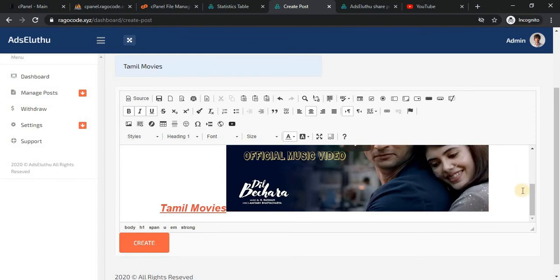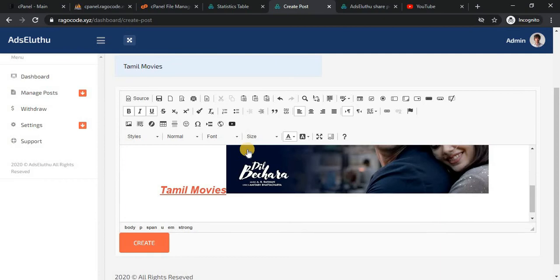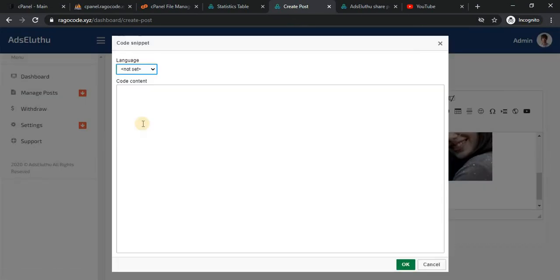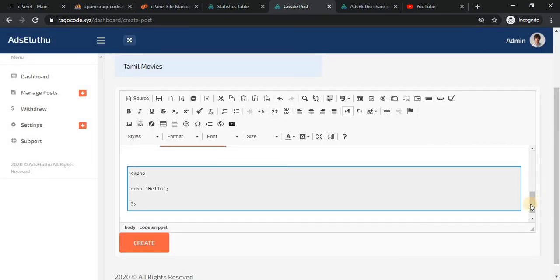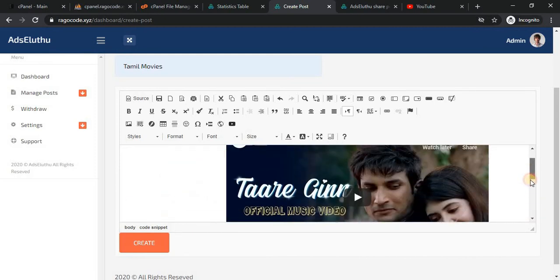And then an important thing: if you want to send a code to your friends, just click here. If I enter PHP code, it does not cause any problem to my script.